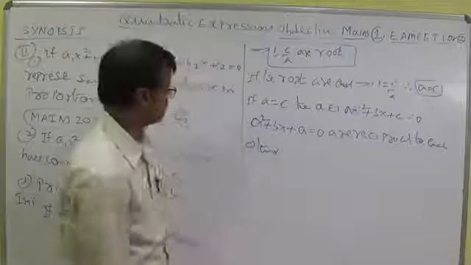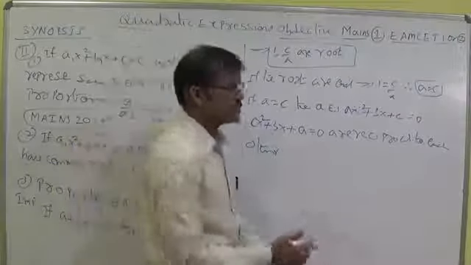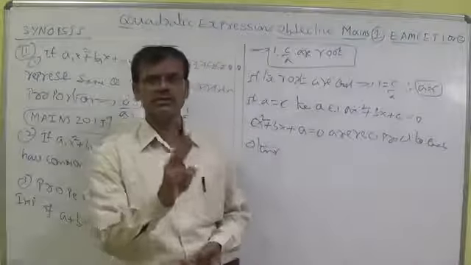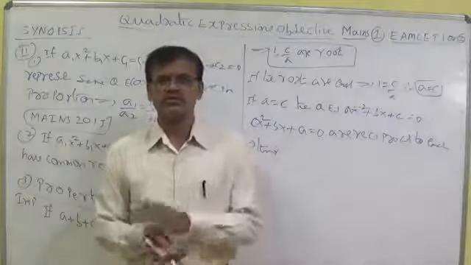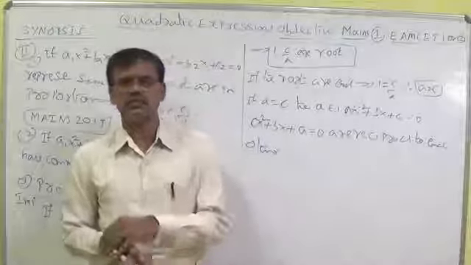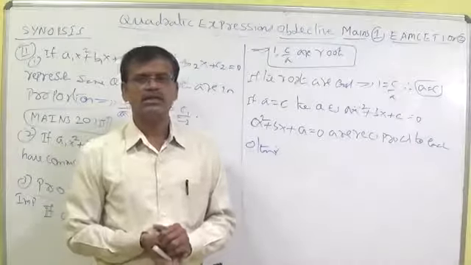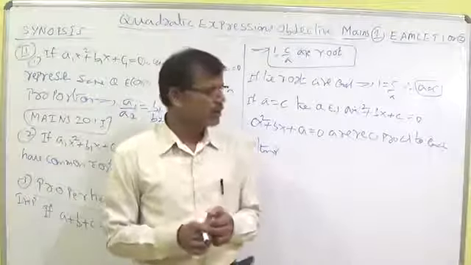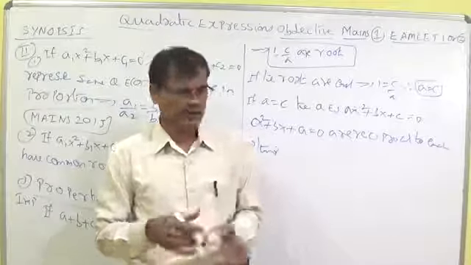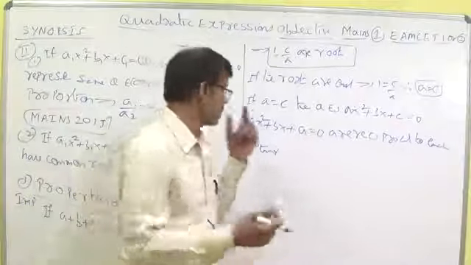What is the reciprocal method? If 3 is a root, 1 by 3 is another root. If alpha is a root, 1 by alpha is another root. If beta is a root, 1 by beta is another root. Like that. The reciprocal equation of a quadratic equation is the formula f of 1 by x. I will discuss it after completion of these formulas. Next,